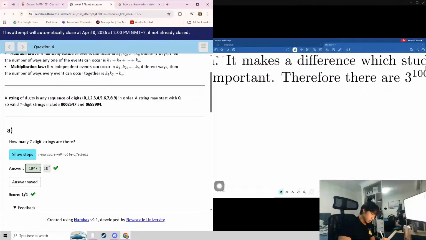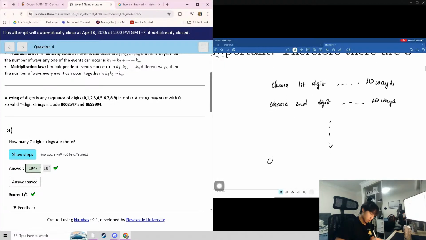Like choose first digit, 10 ways. Choose second digit, 10 ways. Choose